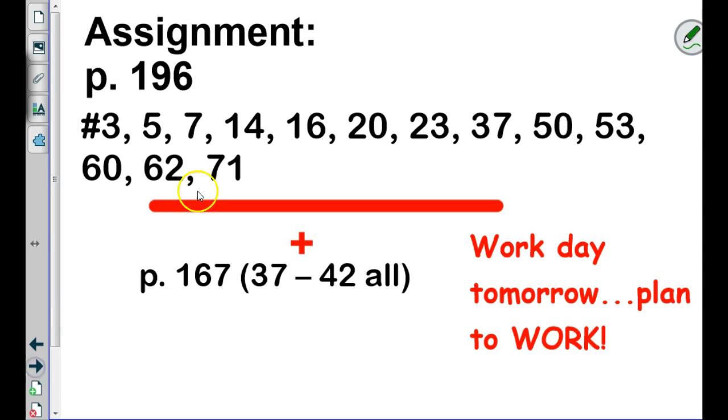The homework is to do page 196 and these applications off 167. You will have time to work on that in class tomorrow as long as you're not doing retakes. If you're doing retakes,